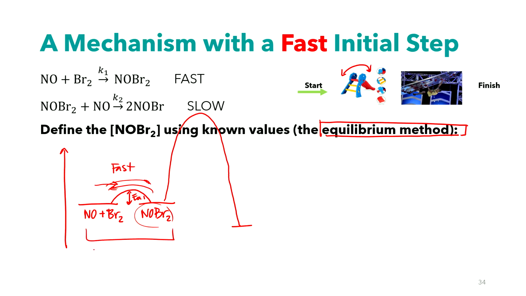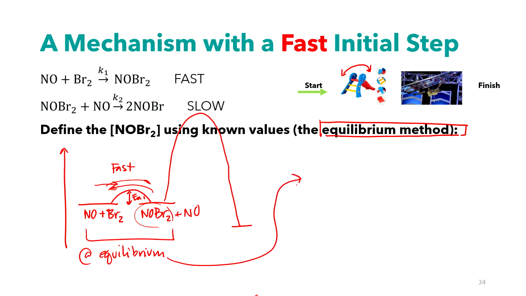So this is at equilibrium. Because this second step takes so long, it's so slow, some of that NOBr2 is actually going to decompose and go back the other direction. So our definition of equilibrium,